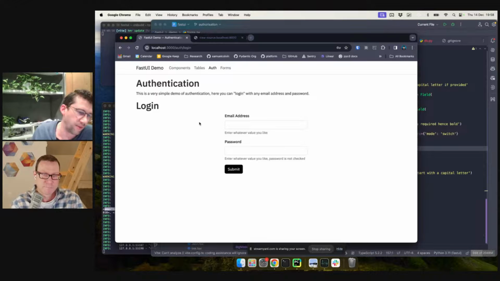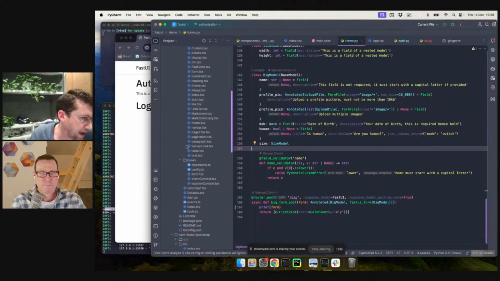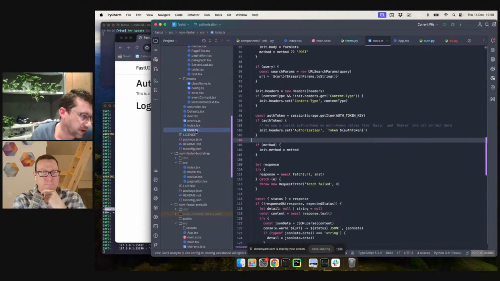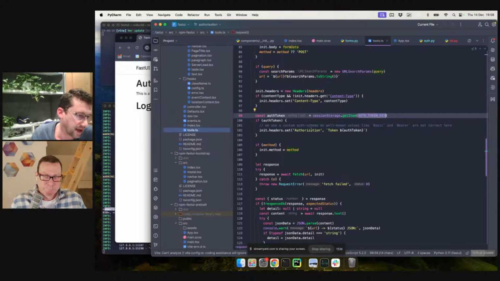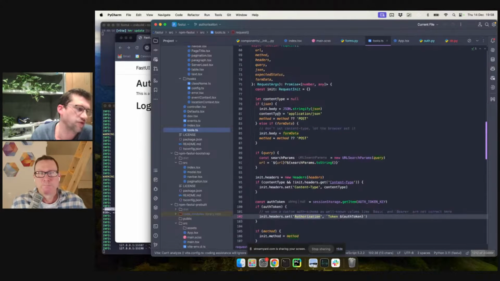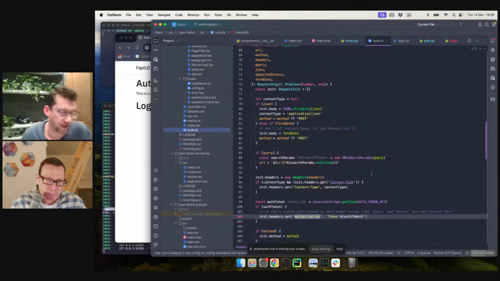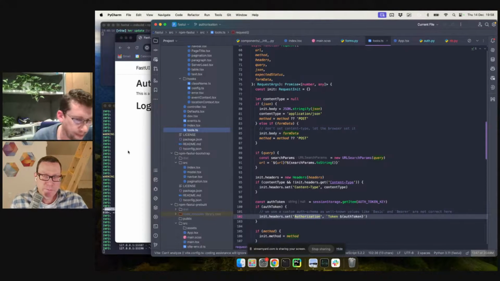And what it's doing internally is, and again, this is the kind of thing that would be lots and lots of work to go implement if you're doing it yourself, it's storing in session storage the auth token, then adding it as a header where we do the fetch from the front end to the back end, so we can effectively store sessions that way. Yeah, very cool. Yeah, the auth token coming in as a header item or being set as a header item.